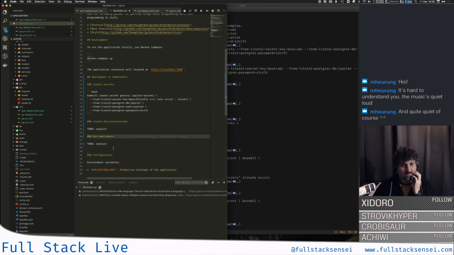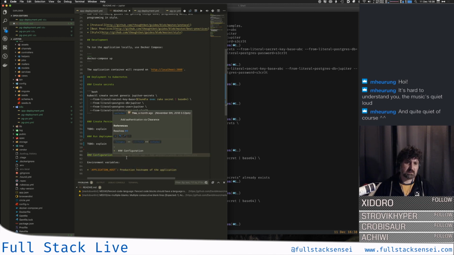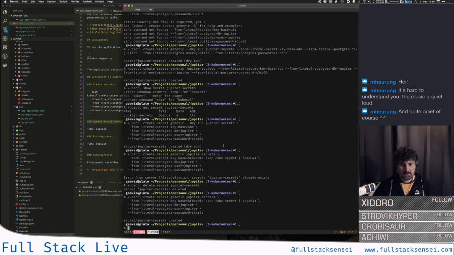Okay. I'll also have to look at the application host environment variable if this is really necessary. That's something I probably inherited from the Suspenders framework that I used to create the application. Okay, so